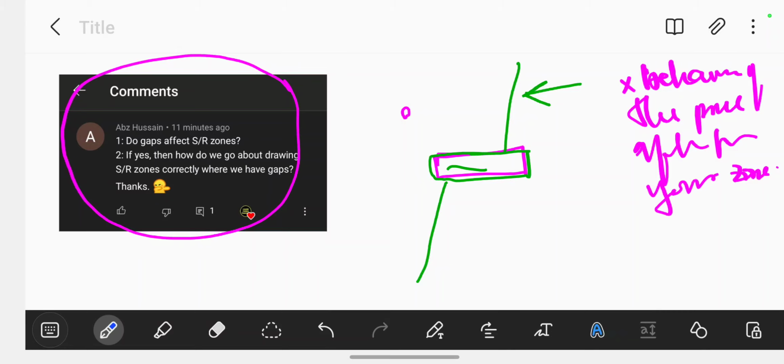So if this move is weak, then even when the price comes back, the zone might struggle to hold. Why? Because it was weak. It was not very convincing that it wants the price to go up. So if this move is very convincing and strong, then even the bounce is most likely gonna be that strong. But if you find that the move here is very weak, maybe we're just forming small bars like that,